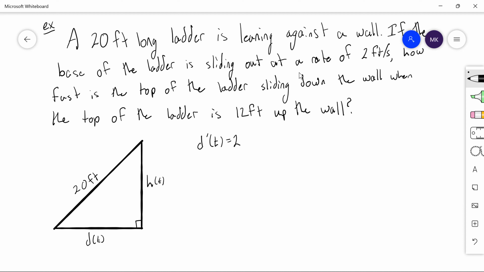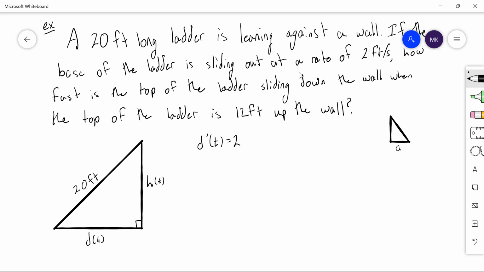Now, we need to come up with some sort of an equation that equates d of t with h of t. What could I use to equate d of t with h of t? The Pythagorean. Perfect, right? Our Pythagorean theorem, which if you remember,